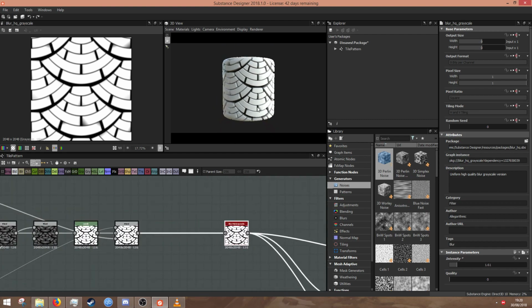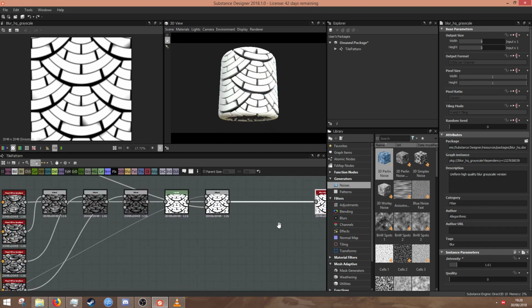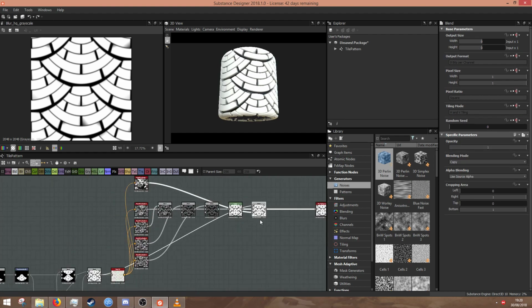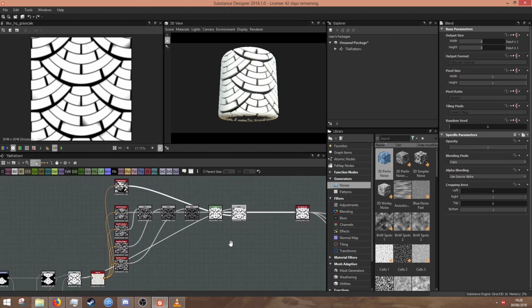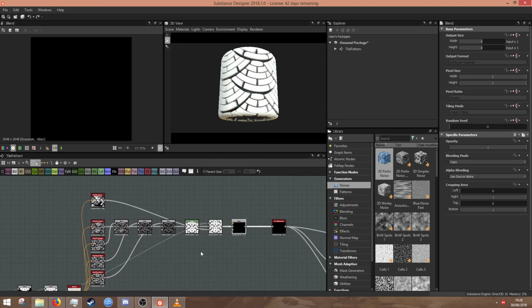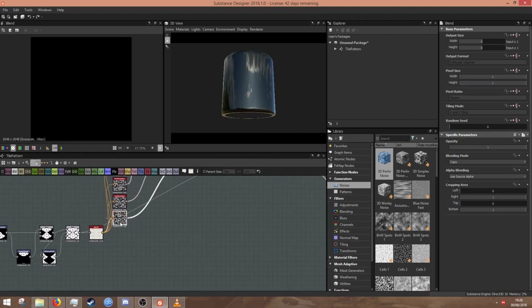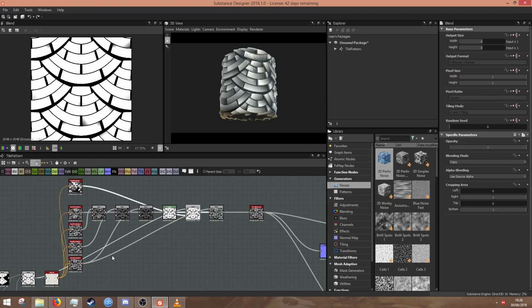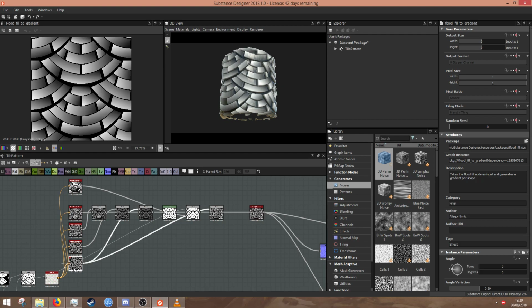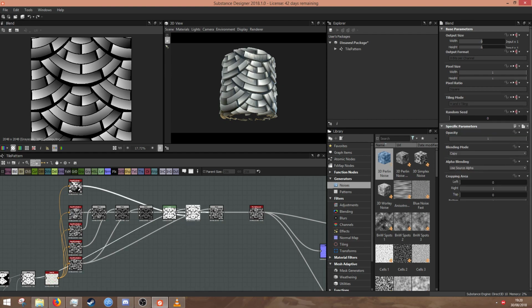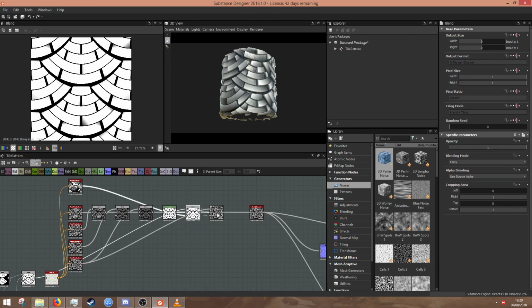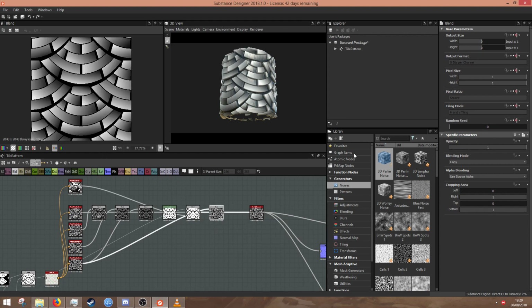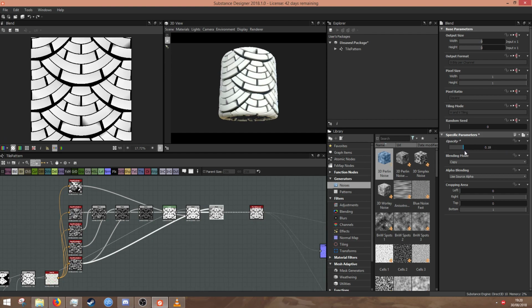Obviously, this isn't the final output. We don't want our texture to look like this. We've got to do some more to it. What I'm going to do is create another blend node, and I'm going to take one of these and blend it with this. So I'm blending this flood filled random gradient node with a blended edge chipped texture. It looks like this. It's just on copy blending. I'm going to lower the opacity,